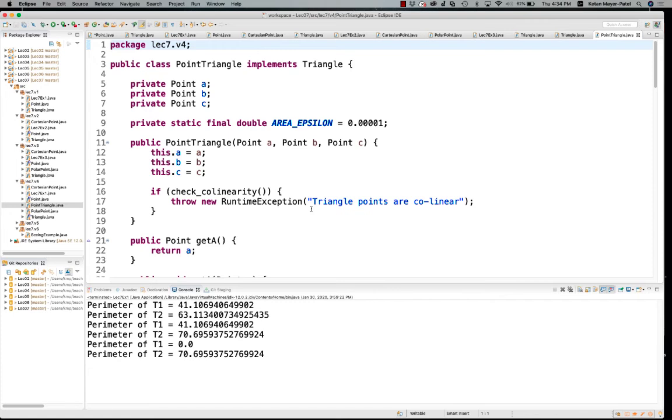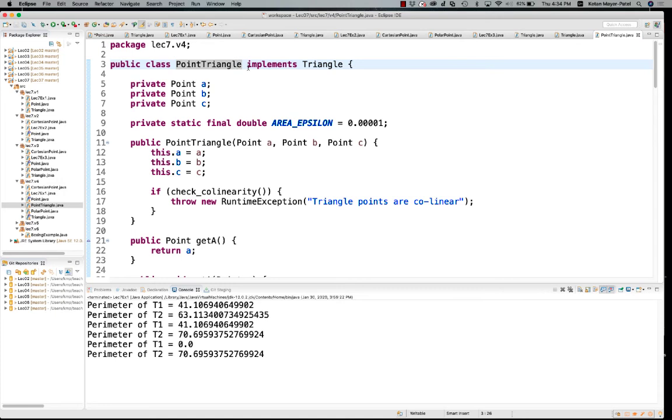And so then I take what used to be our triangle class, and I turn that into a point triangle. This is an implementation of triangle that happens to store the values it needs for implementing triangle as 3 points, right? That's why I call it point triangle. You can think of other versions of triangle that might do something different. You could have a point, a side length, and 2 angle triangle, right? I don't know what you would call that, but you could use different information to satisfy that triangle interface, and you would have a different class that used different kinds of information with different instance fields